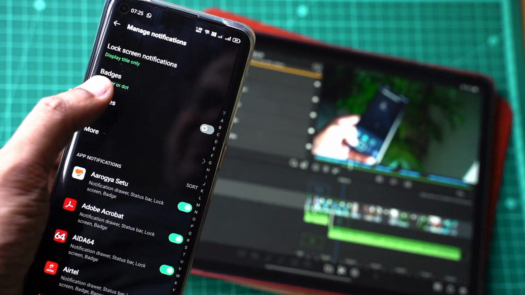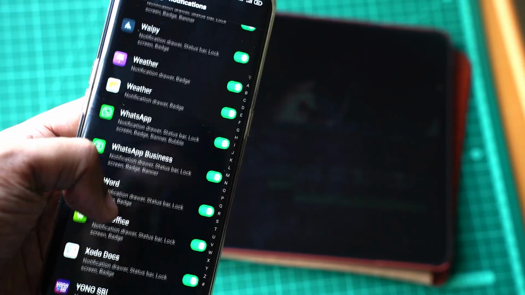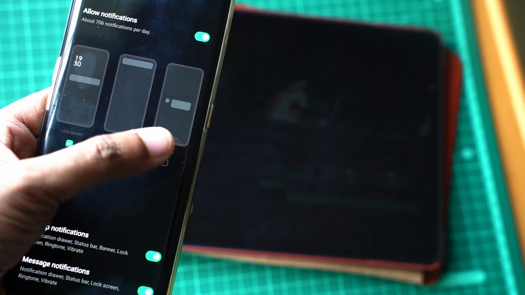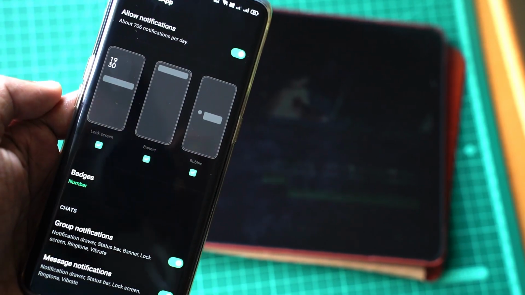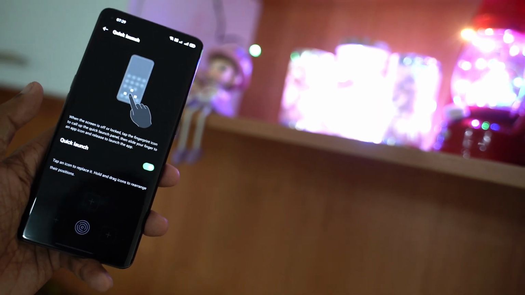Now inside the manage notifications tab, you will see a bubbles option present, but I have not yet encountered how this works because I have not got a bubble till now, as was seen in Pixel devices, but the option is still there. Now a new feature has been made available in this ColorOS, which is quick launch,